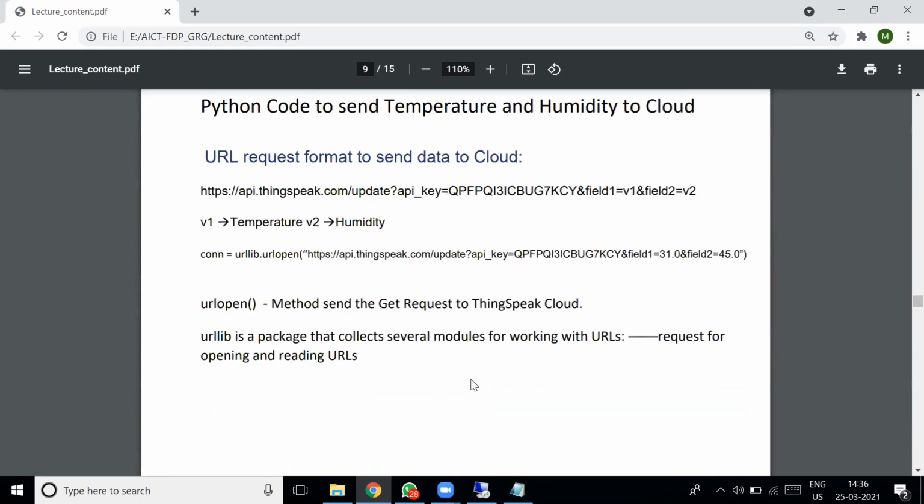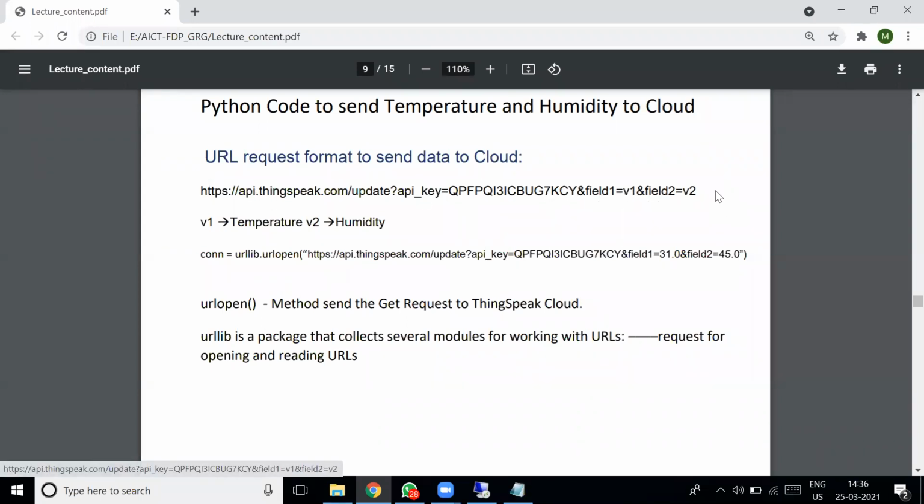Okay. So now the data is available with us, that is temperature and humidity. Now we have to send the data to the cloud, right? For that, you need the URL. That URL you can get from the ThingSpeak cloud. In that URL, you are going to pass values for field 1 and field 2, right?